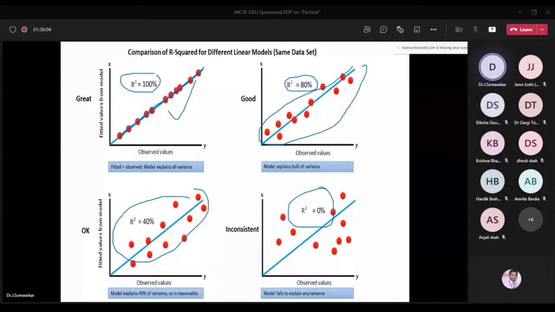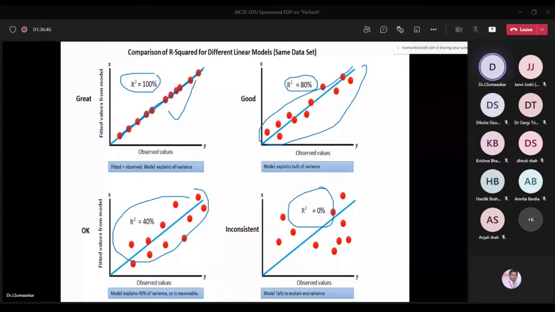Now, what is the final conclusion? The MSE value should always be low, and the R square value should be high, then that is the best fit regression. Low MSE indicates that the error is very minimal. High R square indicates the best fit regression line for the given data set. That's why MSE should always be low and R square should always be high. Here you can see high MSE and low R square. Here, low MSE and high R square, because all the data points are very close to the regression model.